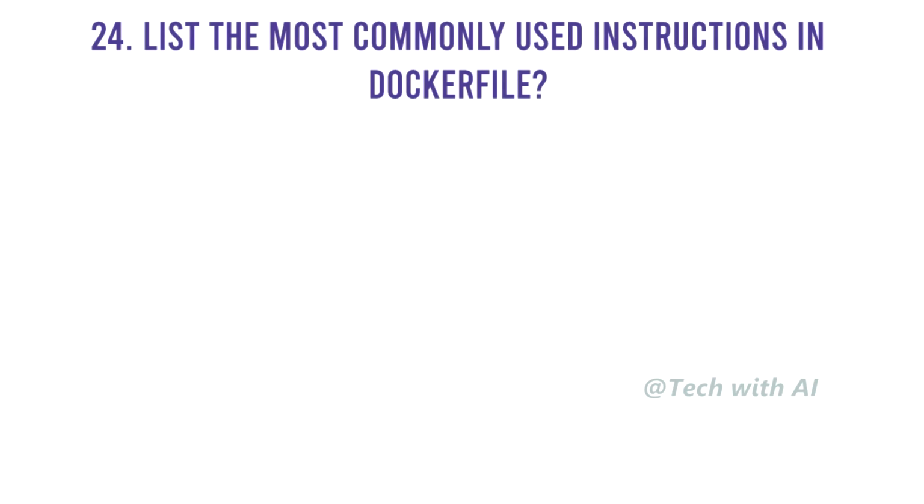List the most commonly used instructions in Dockerfile. FROM. This is used to set the base image for upcoming instructions. A Dockerfile is considered to be valid if it starts with the FROM instruction. LABEL. This is used for the image organization based on projects, modules, or licensing. It also helps in automation, as we specify a key-value pair while defining a label that can be later accessed and handled programmatically.